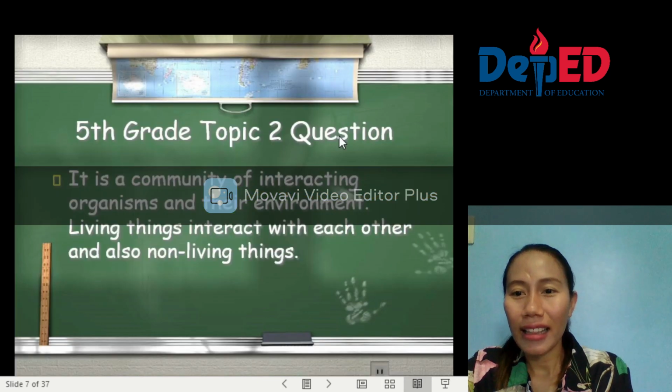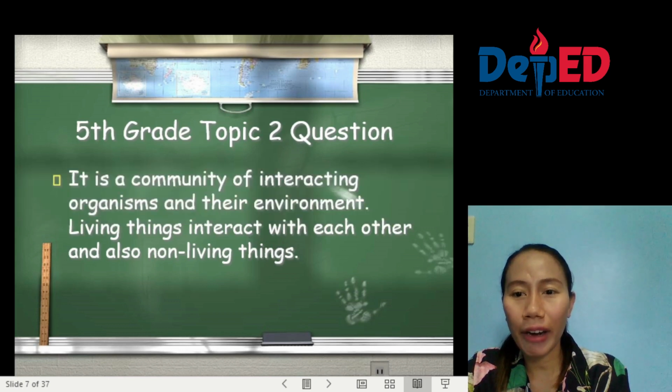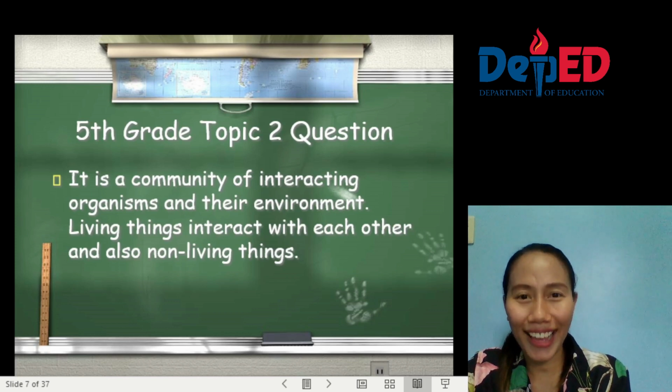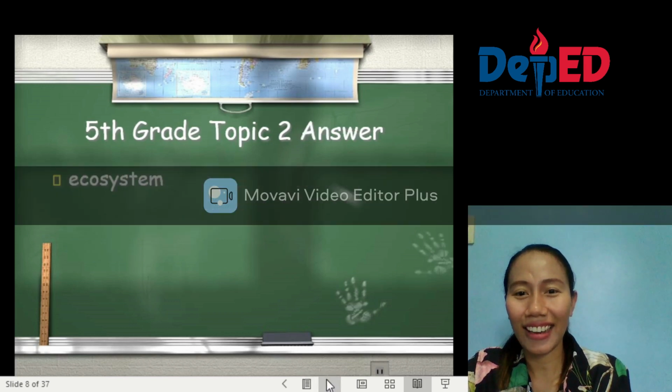So this is the question. It is a community of interacting organisms and their environment. Living things interact with each other and also with non-living things. What do you think is the answer? Okay, the answer is ecosystem. Next,